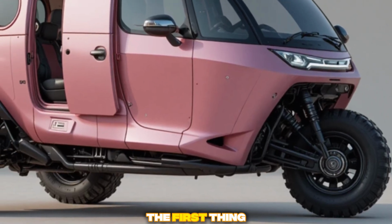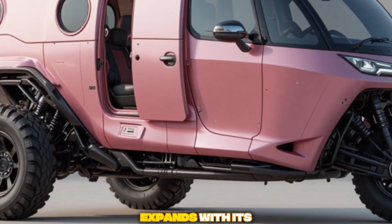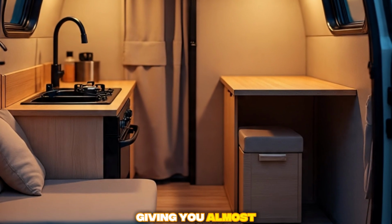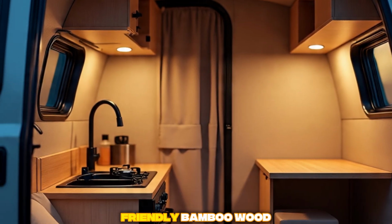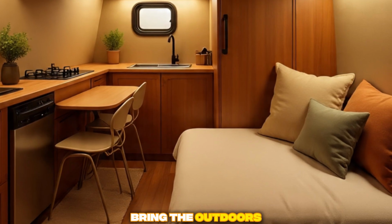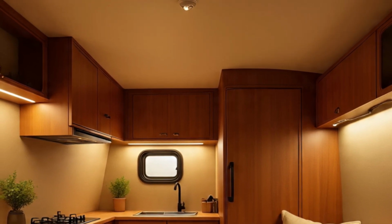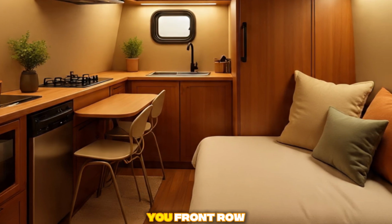As you enter, the first thing that hits you is the space. The interior automatically expands with its slide-out sections, giving you almost double the living area in seconds. The floor is lined with eco-friendly bamboo wood, the lighting adjusts to your mood, and the panoramic windows bring the outdoors right into your living room. Whether it's sunrise in the desert or a starry night in the forest, this RV gives you front-row seats to